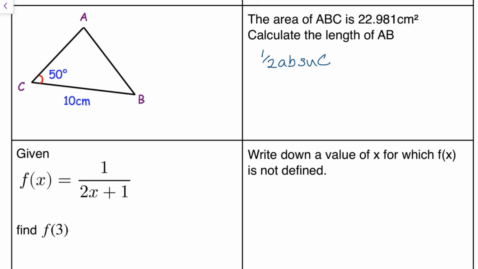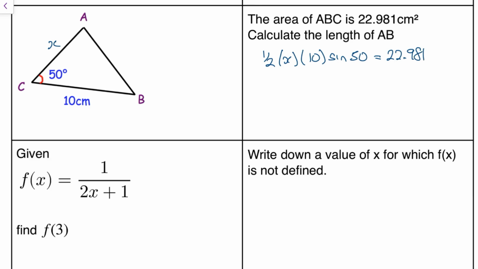But either way, I'm going to use the idea that the area of any triangle is going to be half times the 2 sides times sine of C. Except this one's back to front, because this one, I know what the area is. So I can set up an equation. I can say half, and I'm going to call this x, just so I've got something to write. I'm going to say a half times x that I don't know, times 10 that I do know because it's on the diagram, times sine of 50 is equal to